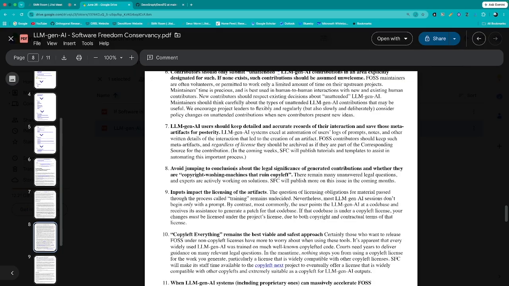Number 8 is avoid jumping to conclusions about the legal significance of generated contributions, whether they are copyright washing machines that ruin copyleft. That's interesting. This means that you don't want to have a bunch of copyrighted material in the model that then creates code that you commit to a repository that's licensed in a copyleft way.